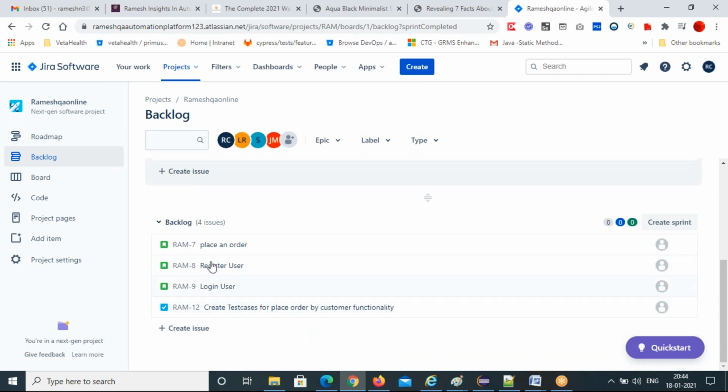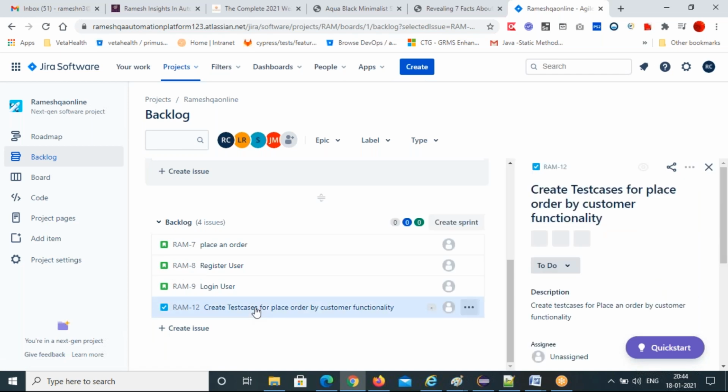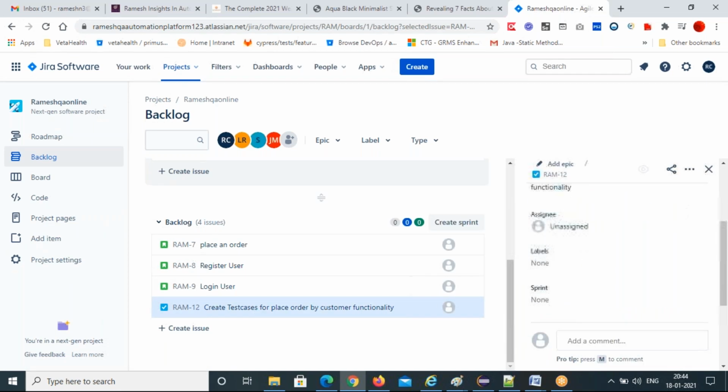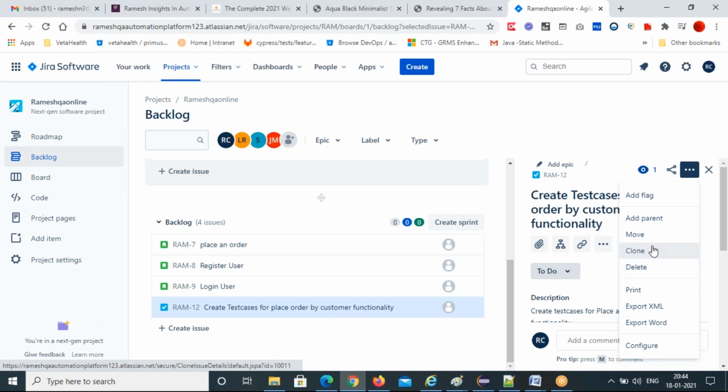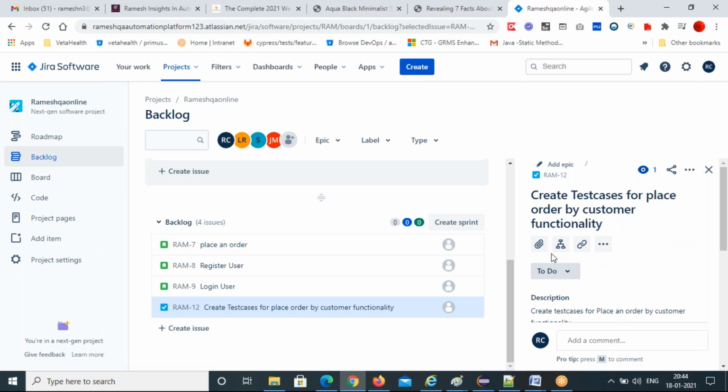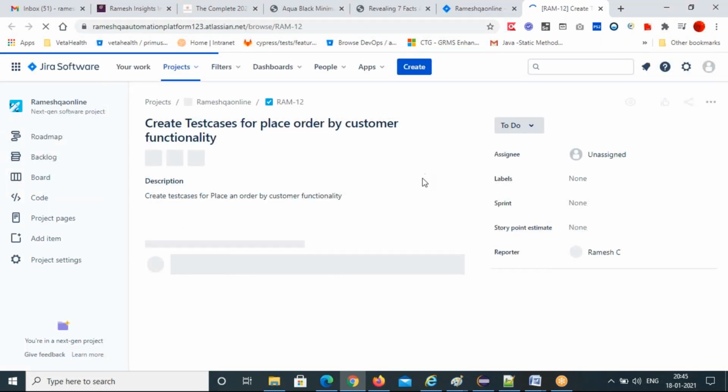But we didn't mention which sprint you want to take it up, so it is coming under backlog. This is the detail space. You can clone, export, configure, or move this issue. This is another page, the detail space.